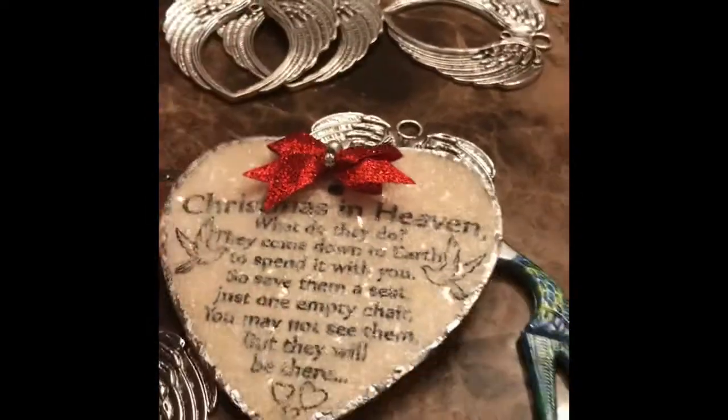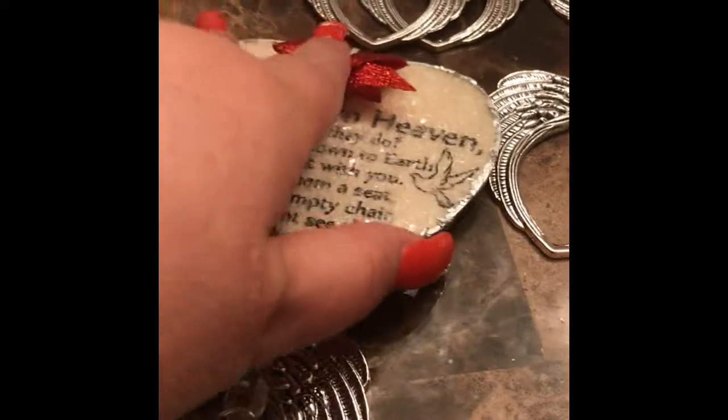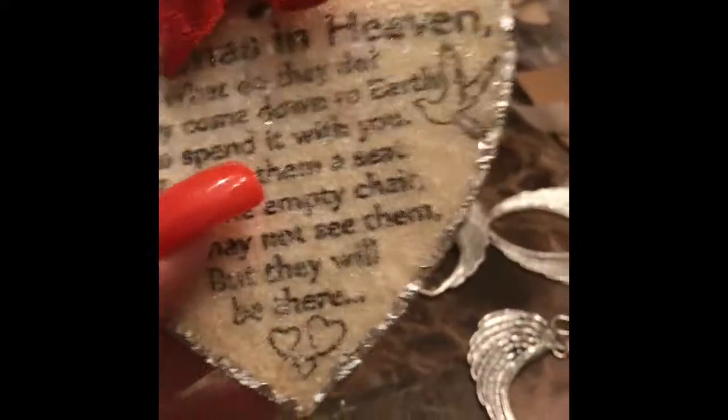Of course, I was going to have this prepared for you guys, but I am not. So I was going to do that, and it would just hang. Now, yes, this is large to put on a Christmas tree. I agree. But sometimes people just hang this as decorations by their windows,